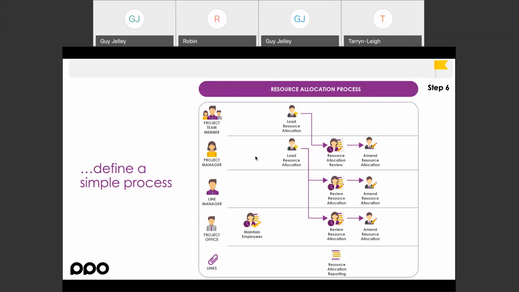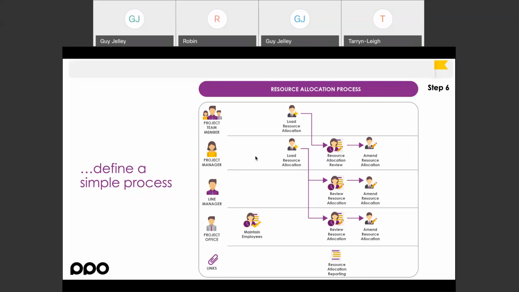The different processes will depend a lot on who owns the resources, what the structure is, what the funding model is, whether you're in a matrix structure or those type of things. But it really is starting to create that simple process, which starts when we activate projects, starts when we allocate resources, starts when projects end and resources are disallocated and taken off the projects, and those type of steps, that you start to run the process and enabling that with the technology, as I said, whether it's the Excel spreadsheet or whether it's a PPM tool, starts to create that